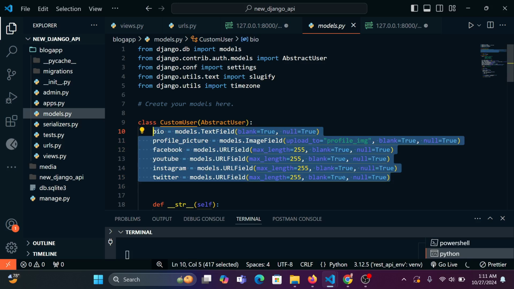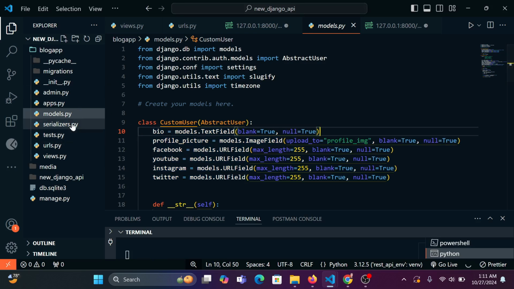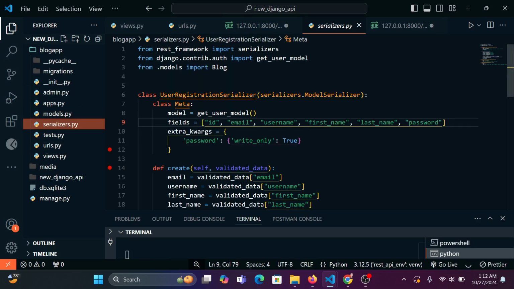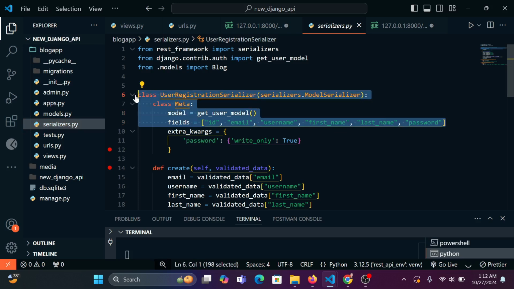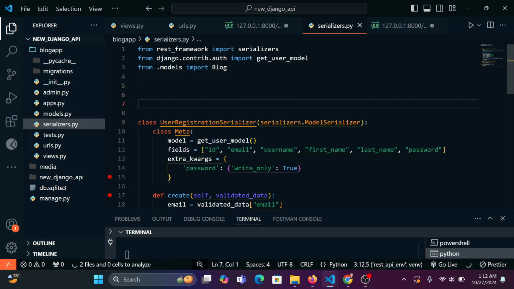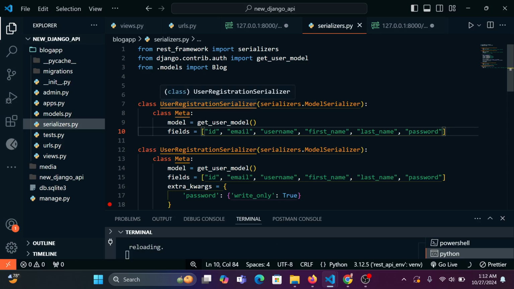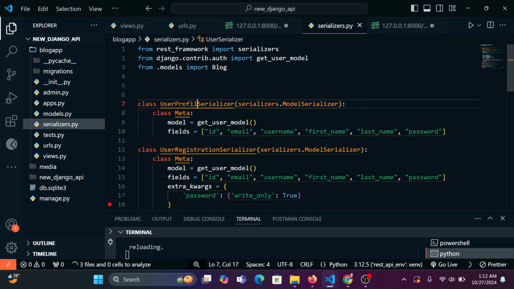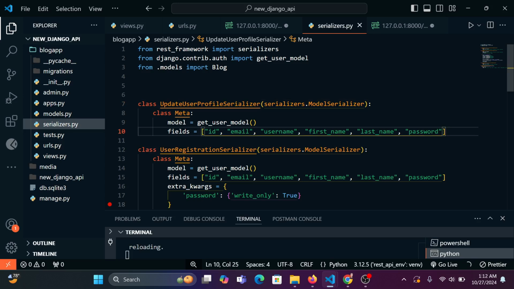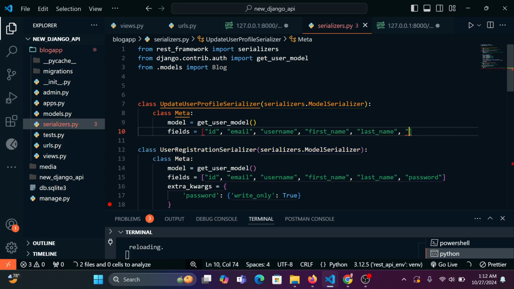So we are going to be working on the user's profile updates, right? So I'm going to create a new serializer. What I'm going to do is simply copy this one, it's going to be similar to this one. I'll just paste it here. I'm going to call this update user profile serializer, right? So I'm going to add in the extra fields like the bio. I'm going to remove the password. We don't need to update the password. I'm going to just say the bio,